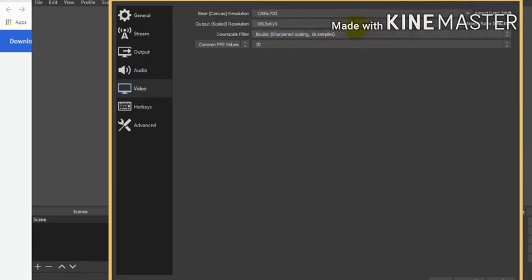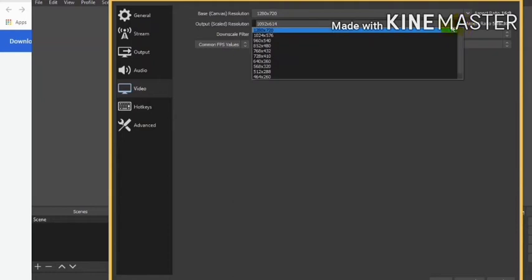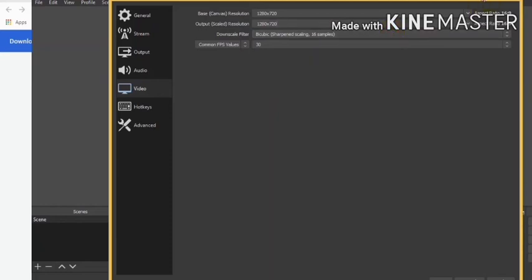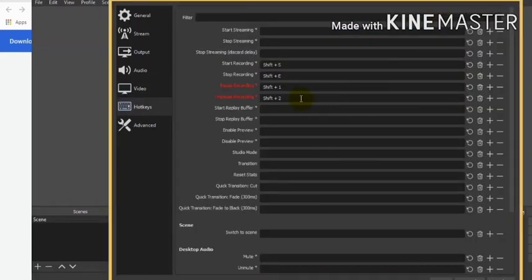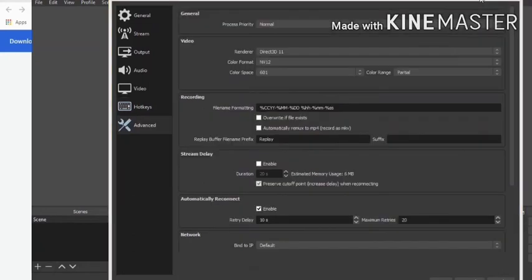In the Video section we'll select HD quality, 1280 by 720, which is a 16:9 aspect ratio and compatible with mobile also. In output resolution we can select a lower resolution, but for start recording I use an alternative key, Shift S, and to stop recording I use Shift E, and Shift 1 and 2 for stop and start.